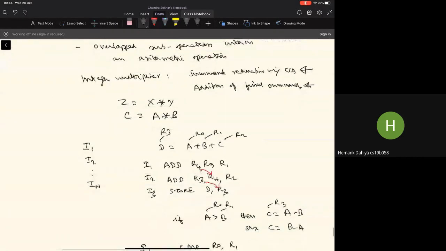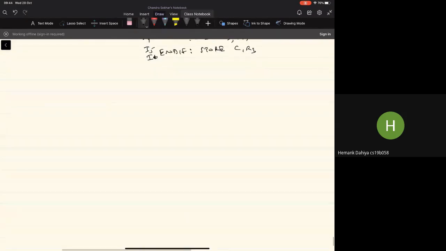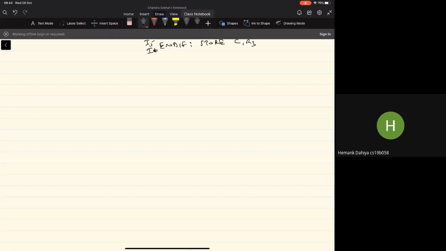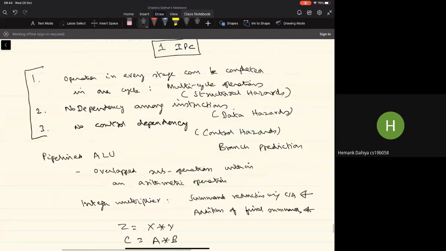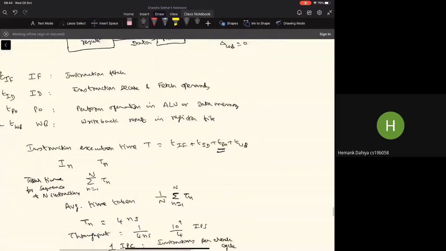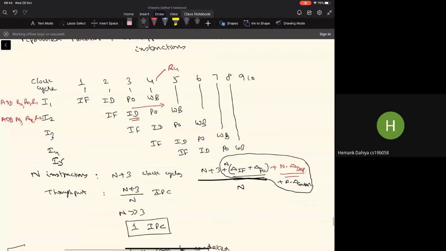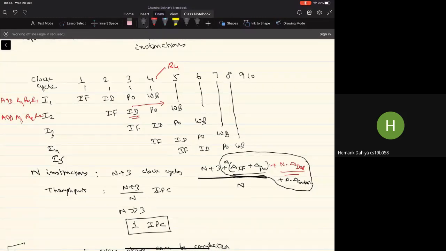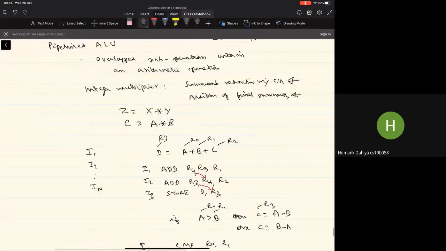Okay, I'll briefly mention one more point, then we'll close the discussion on this. Right now we are talking about only one instruction being handled in any of these stages in the pipeline, right? That's what you've seen in the pipeline flow diagram. Typically, in any clock cycle, there's only one instruction present in a particular stage of the pipeline, right? And is it possible to have more than one instruction in the pipeline stage? Or the question can also be put: can I have several pipelines